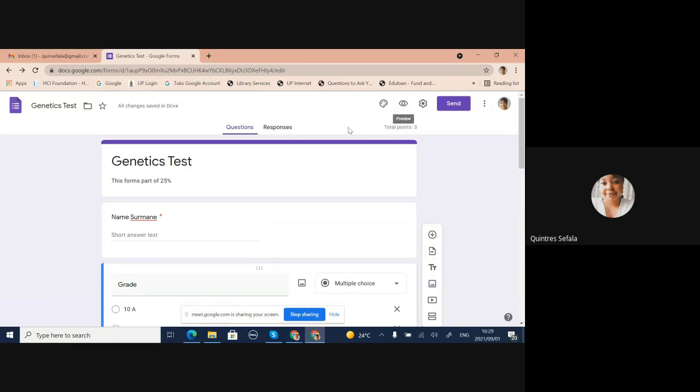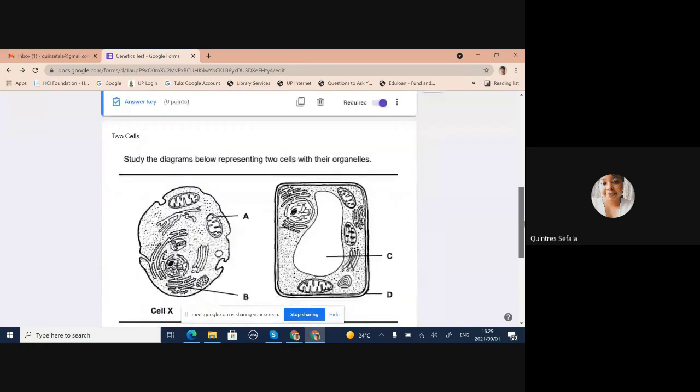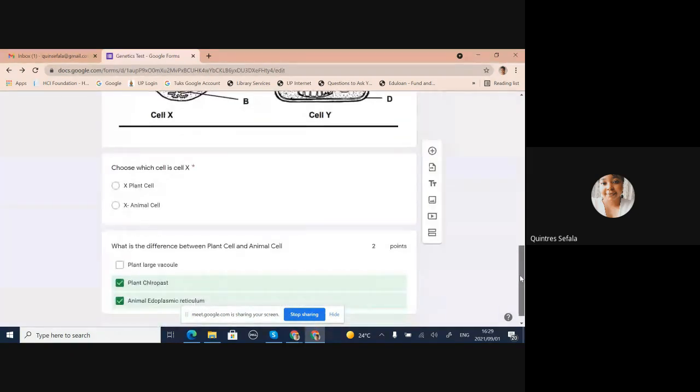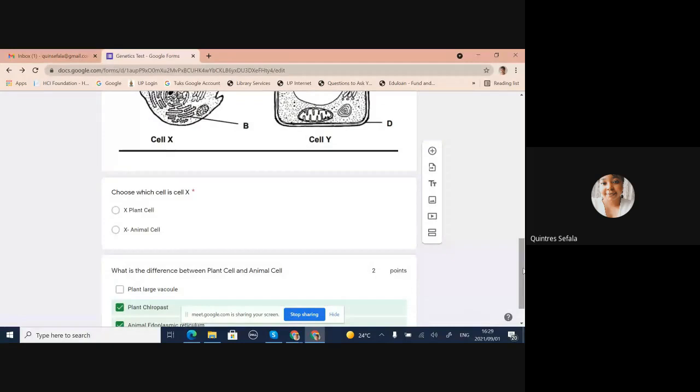And then once you have done that, you could see here, it tells you the total points. So far, the total points is 3 points. And then now you can make your formative assessment look good, right? I did say that Google Form allows you to have graded answers. It allows you to